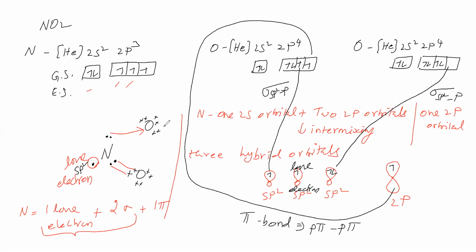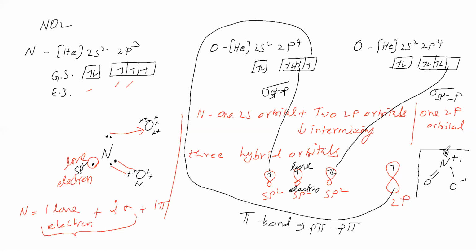Now we will give formal charges in NO2. If we give formal charges, how it will be there, that we will see. So this is N. Now double bond O. The dative bond we will write as a normal covalent bond. Then we have to give formal charge. It is donor, therefore +1. It is acceptor, therefore -1. Then the lone electron we will write.